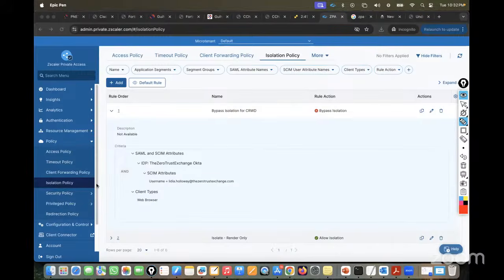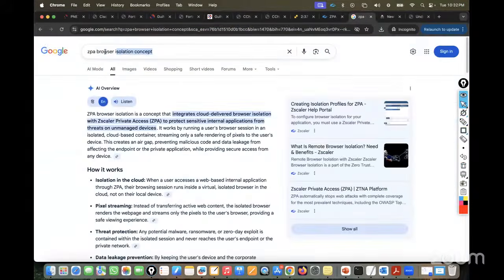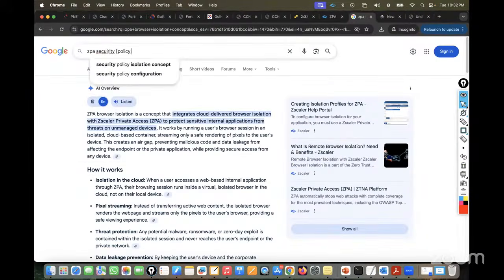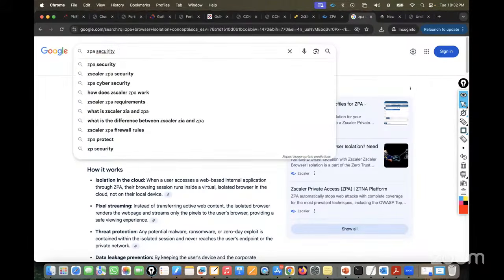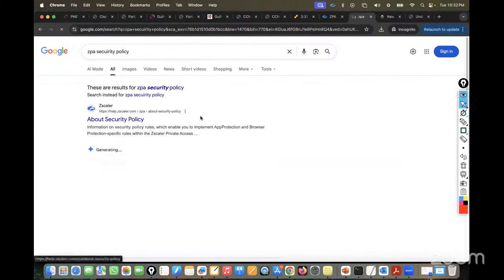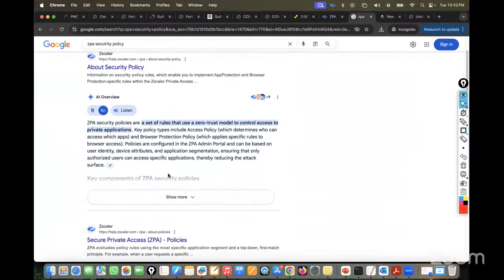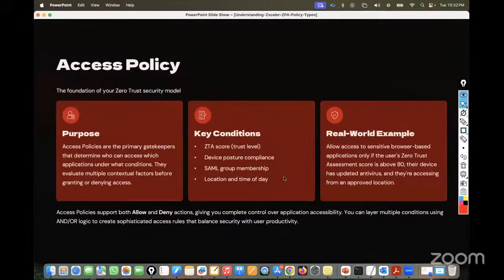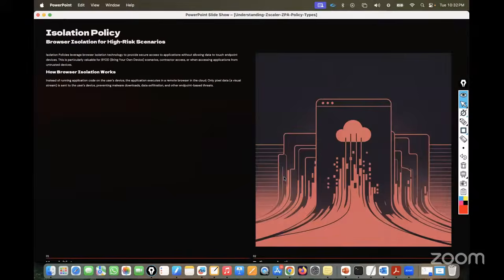That's the security policy. You can go and read about this, and it's all in my slides too. I'll go and check the slides also. So the ZPA security policy sets up the rule for zero trust. It gives the generic things, but if I go in my slides, you are going to find